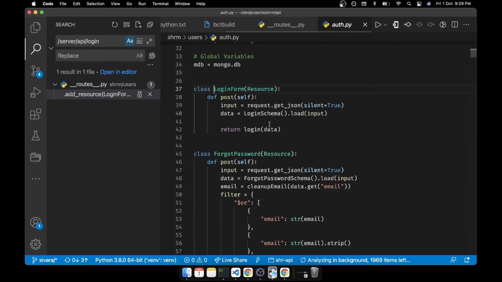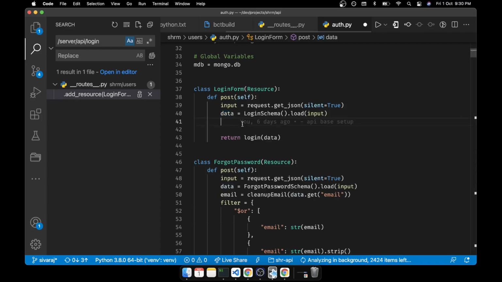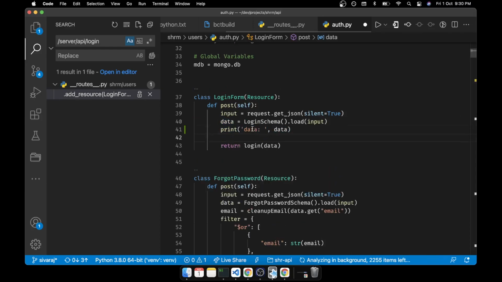Yeah, so it will come to this place and then we'll try to print the data. Okay, so that is what we wanted to see in this part. So whenever we call this particular API, it has to come here.